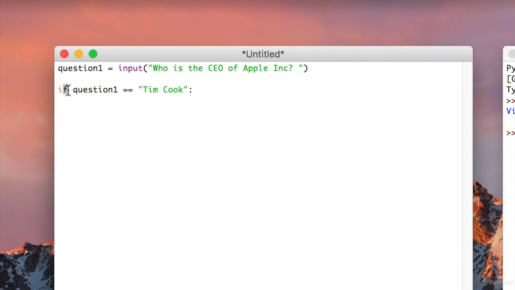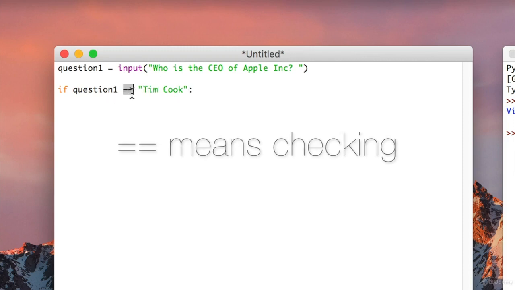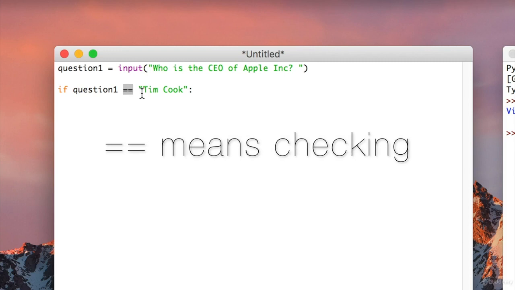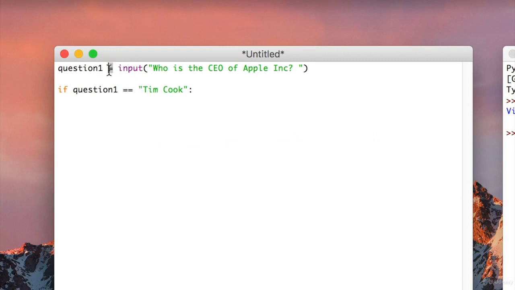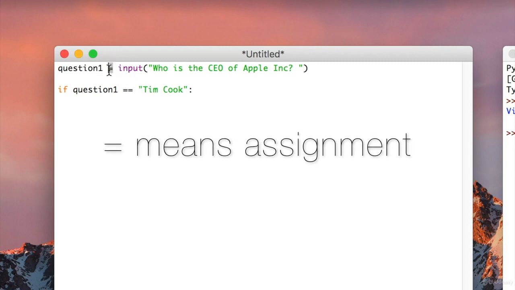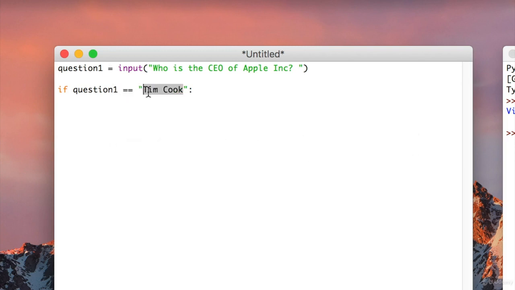So if is the statement, if the input, so if this variable is definitely equal to Tim Cook, so the double equals is basically for checking if something matches with something else. The single equals is for assigning a value to something. That's the difference. If the input for question one is Tim Cook, then we wanted to do the following piece of code. So we can just print out